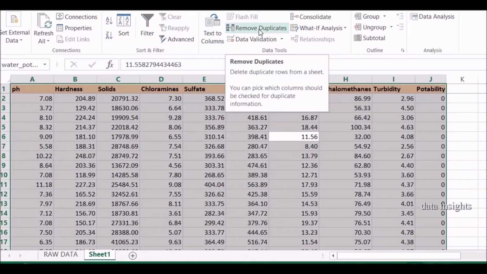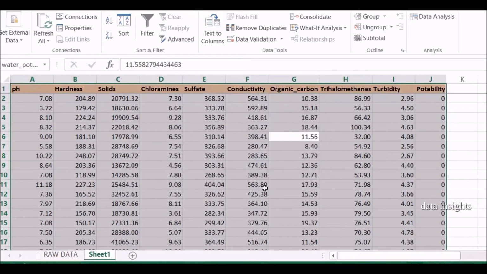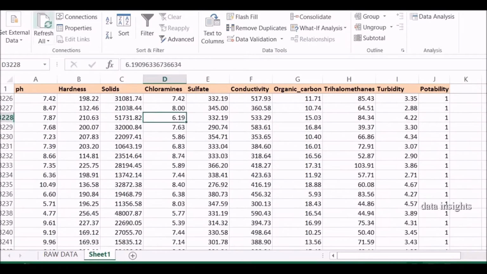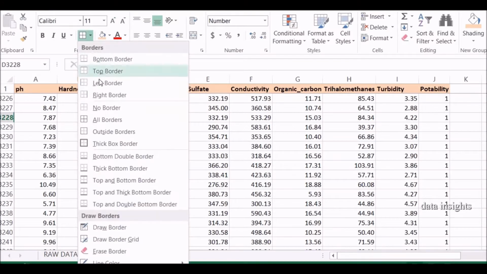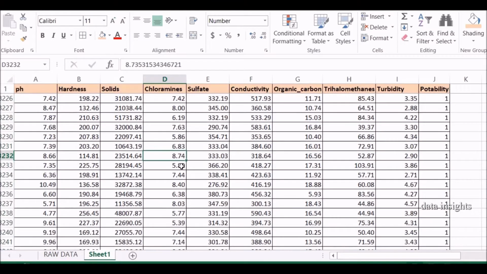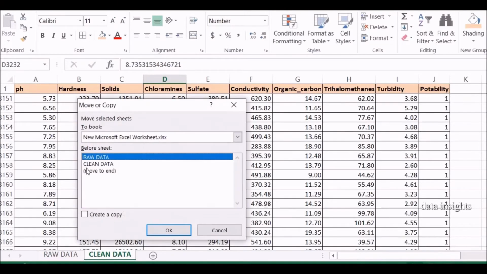Select all and remove the duplicates. Go to Data and then Remove Duplicates. There are no duplicates in this data, so now your data is clean. Now you are going to add borders so that it looks clean and visible. Next you can rename this, because now you don't have any blanks or duplicates, and it is perfectly formatted.